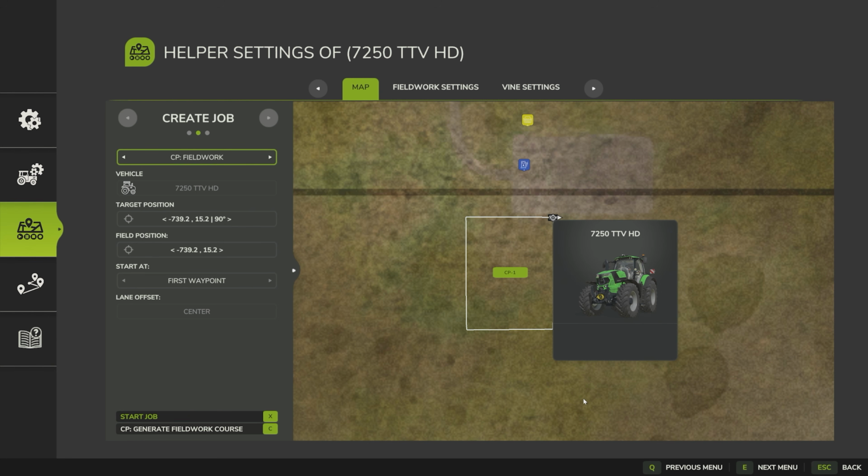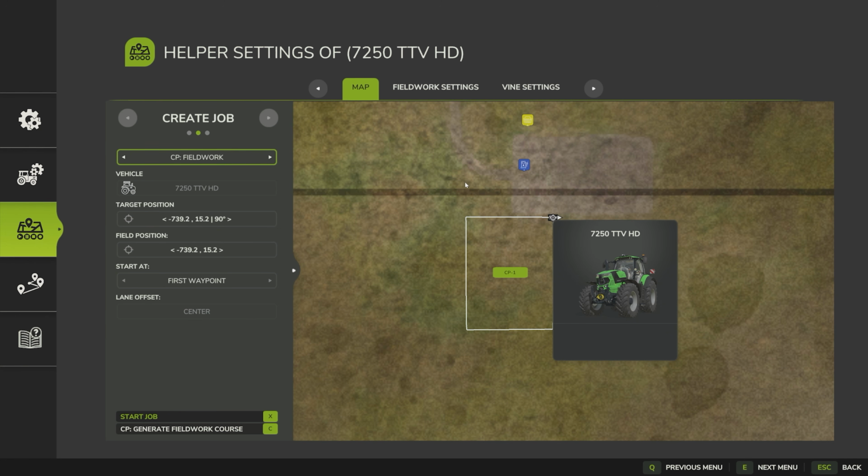Now this leads me on to the next question somebody asked. What can you do to rename that field? Well, interestingly, I thought this wasn't in this version of Courseplay because I couldn't work out how to do it. But it is in there, and I'm going to show you how to do it now. So it's not easy to find, or I certainly didn't find it easy to find, but basically what you want